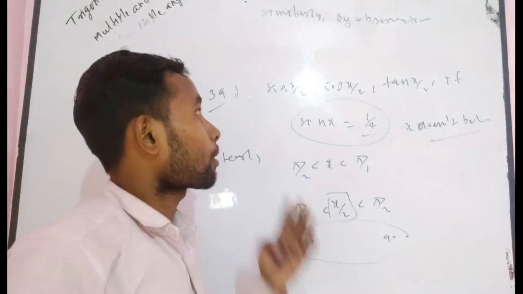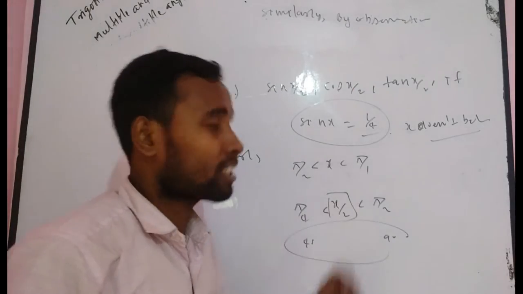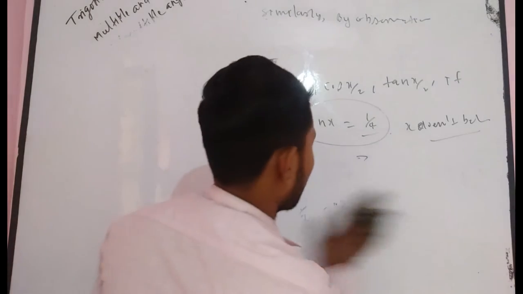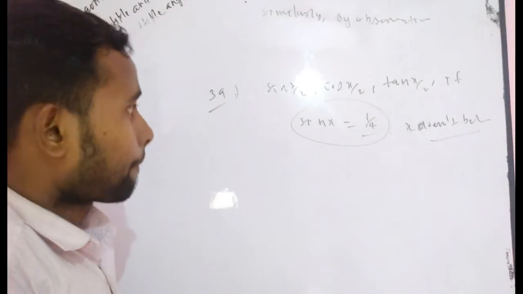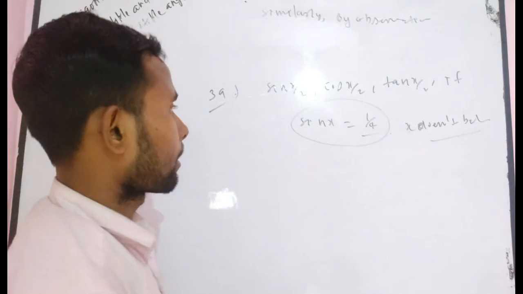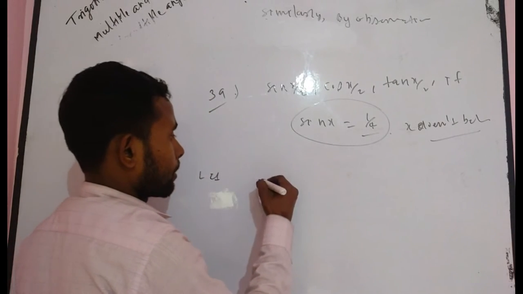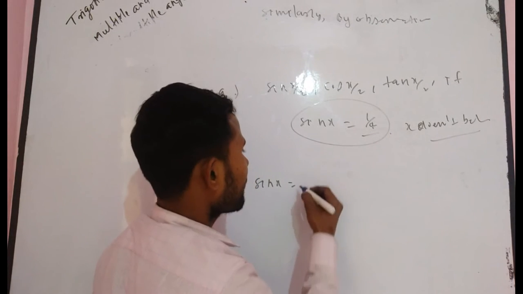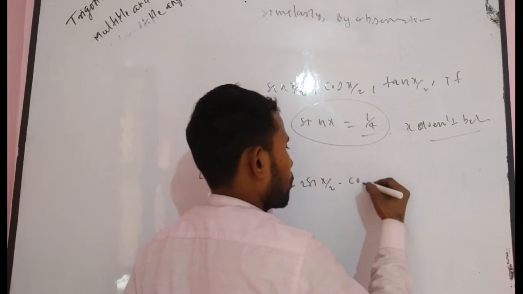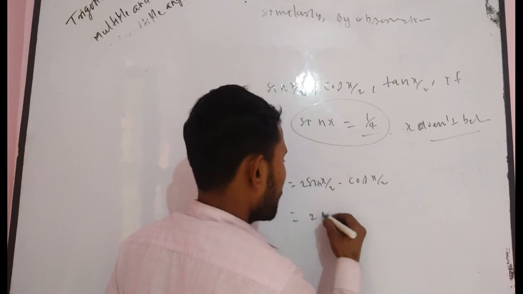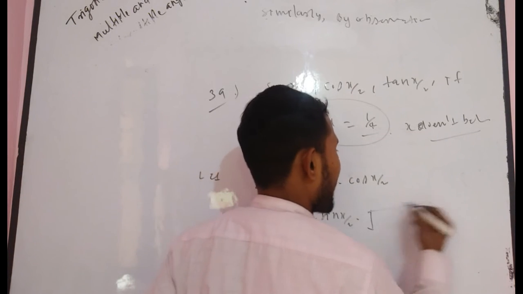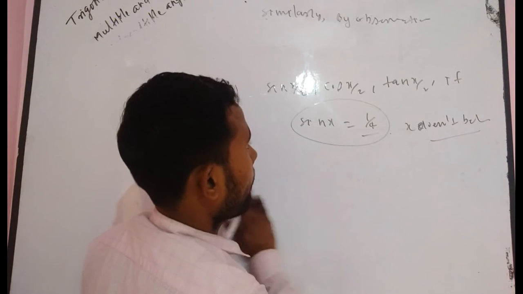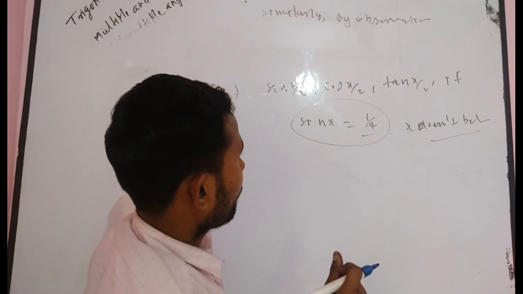Now a simple problem arises: how can you find the value of sin x by 2, cos x by 2, tan x by 2? I want to give you some hint which is relevant to this. Firstly, I give you some other concept. Given sin x is equal to 1 upon 4, can you write sin x is equal to 2 sin x by 2 into cos x by 2? Then cos x is equal to 1 minus... not right, don't write. Don't go by this way. I want to give you another way by which you can solve it.